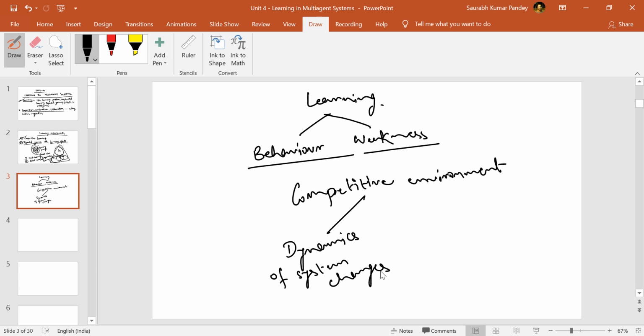Changing the dynamics means at some point of time some inputs are required, and giving a certain output based on that particular input and processing, it may be possible that after some time if you give the same input, then processing differs based on the changes in the environment. Fine. So what happens? One is that dynamics, it always changes. And also, second important part is that the stable equilibrium must be reached.